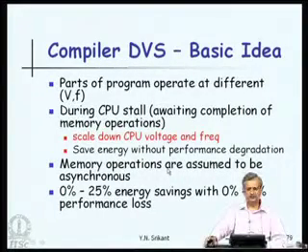It is possible that the whole program has to be run at a single frequency, the highest possible, and it may not be possible to divide every program into a couple of regions which run at different frequencies. That is the reason why the savings vary between 0 to 25%.